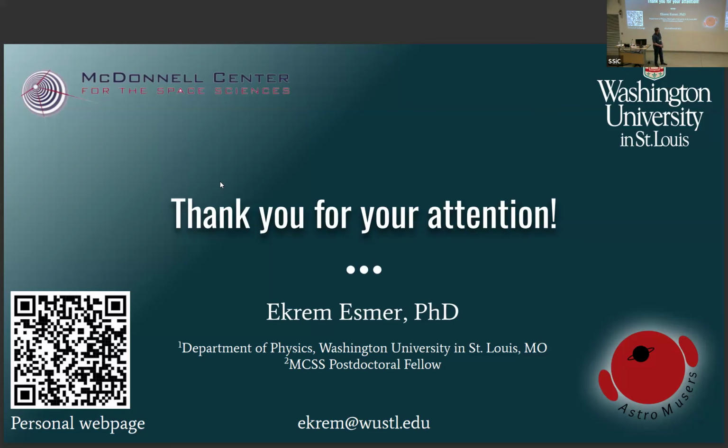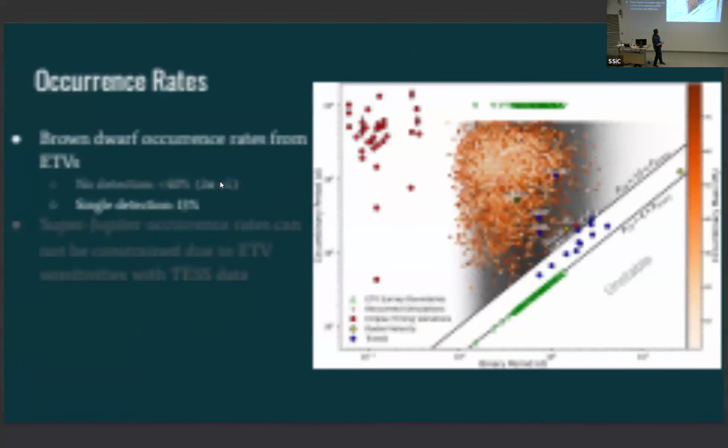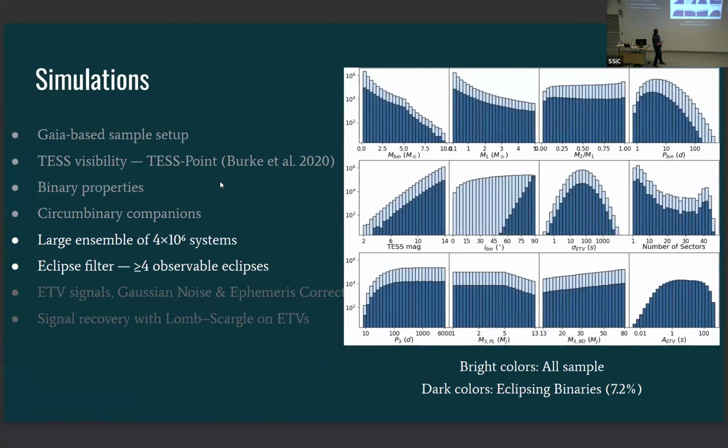Yeah. We sampled the periods of those. Well, I think I have the image for that. Yes, we had. Here you go. And this is the distribution of the periods of the binaries. And those distributions were based on the TESS eclipsing binary catalog because it has thousands of eclipsing binaries. So we built a probability distribution based on that, and we randomly sampled from that. So whatever the TESS eclipsing binary catalog has, we also have. But you can see it starts from 1 day to something a bit more than 100